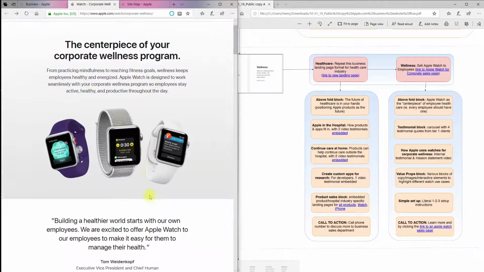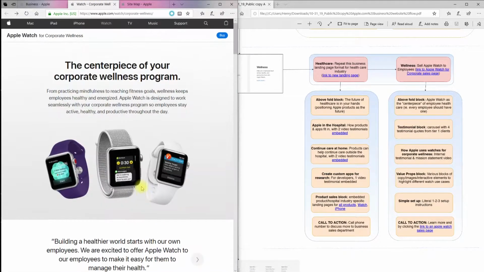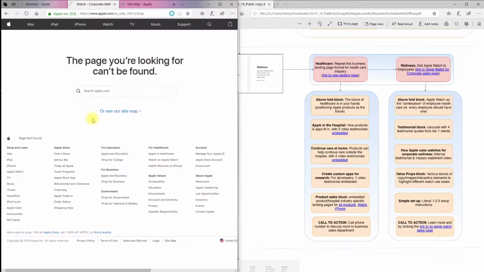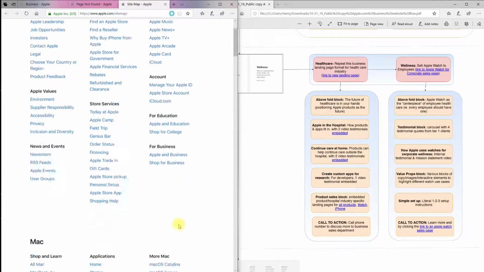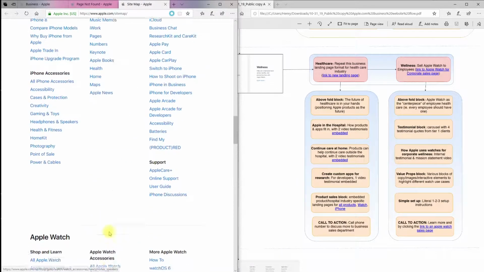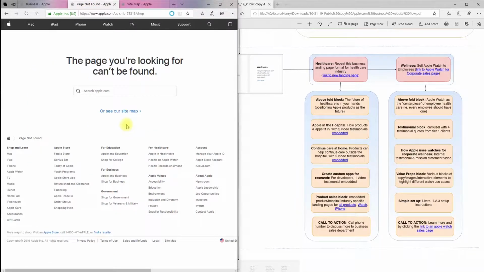I don't think this should be happening, because what happens to the experience? Well, I was like, hey, you know what? I'm going to convince my boss to buy 1,000 iPhones, but I want the watch right now. Click. Oh, I guess Apple doesn't want me to buy it. And when I click on sitemap, it gets even more confusing, because now I'm like, wow, what am I looking at? This is just a vomit of